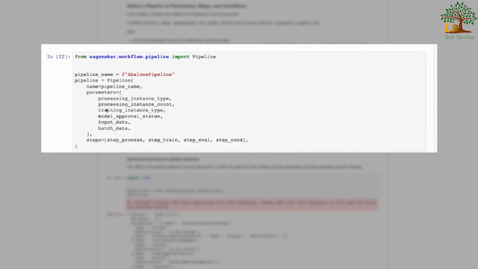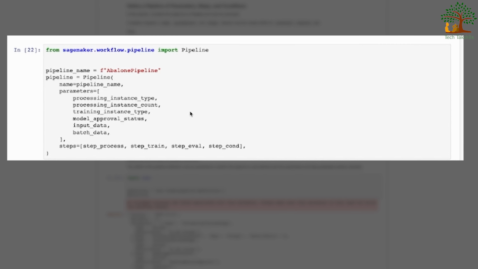So here in this code snippet, we can see a sample SageMaker pipeline where the pipeline is composed of name, parameters, and steps. Here, all the parameters that are used in the step definitions must be defined in the pipeline. Another thing is that the steps can be in any order. Yes, you don't have to figure out their order in the pipeline at coding time. SageMaker does the ordering on its own when it sees the data dependencies during compile time.